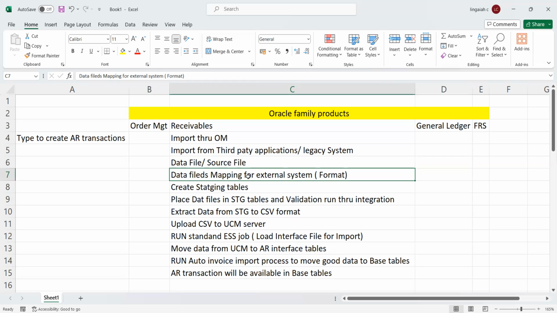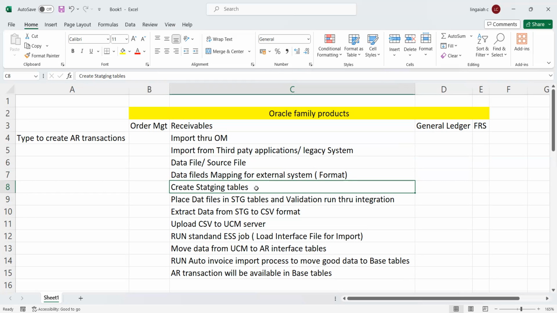So here, based on the seeded fields Oracle has provided to us, we'll talk to our source system application. These are the fields we have in place. In this case, how are we going to map the data fields from the third-party application to your standard Oracle application? Once we customize that template, the data source file format, we'll try to import invoices from that particular format. After we finalize the data file or source file completely, the technical teams will